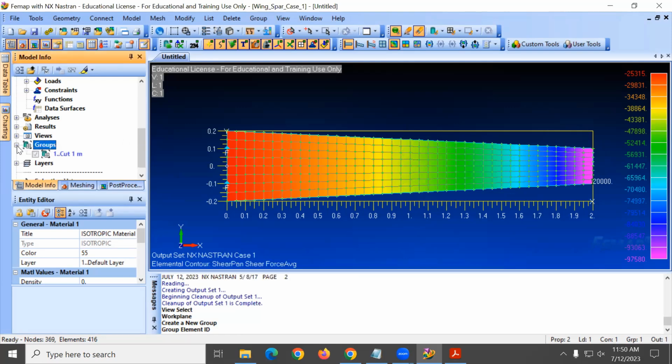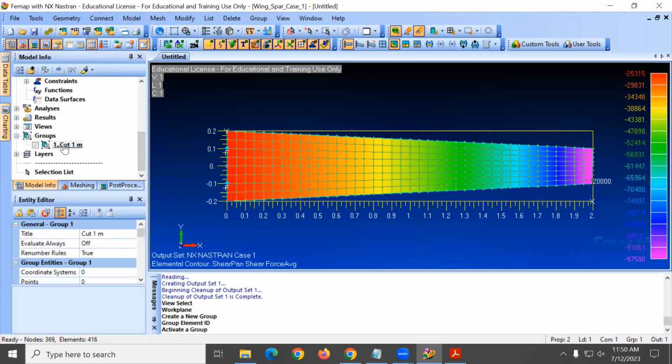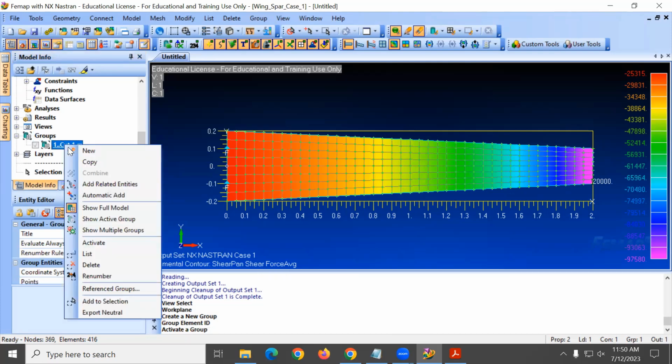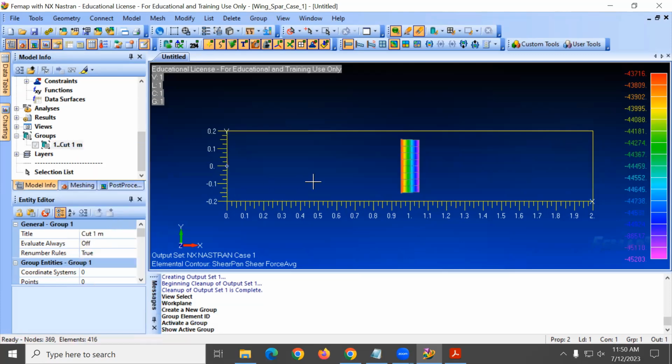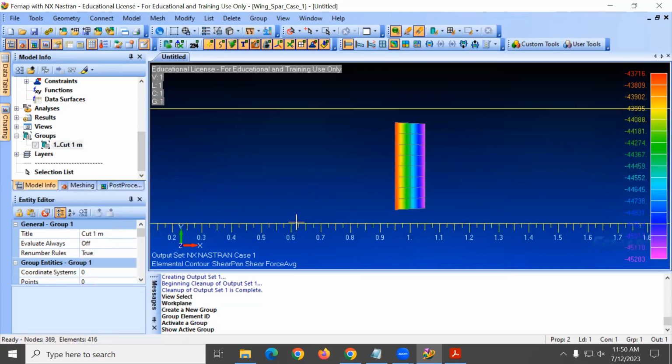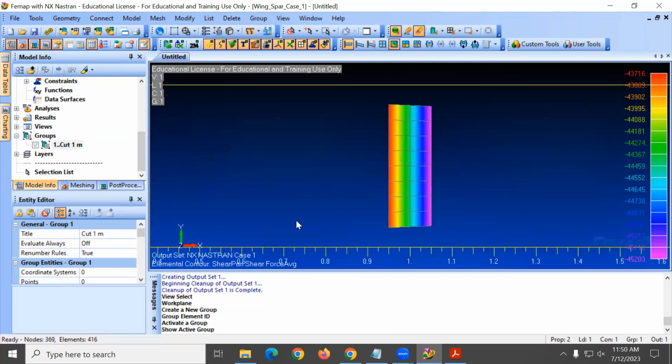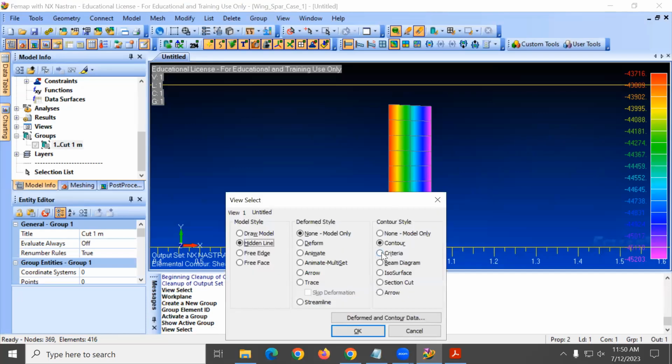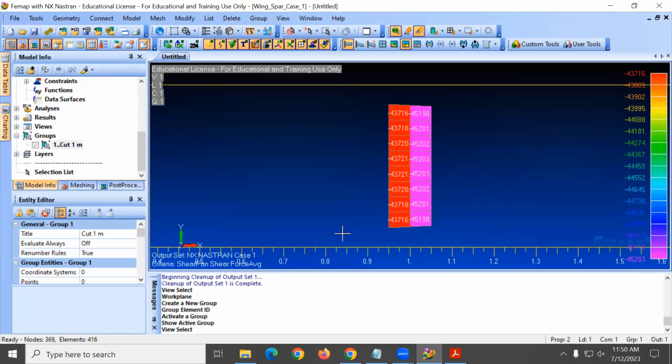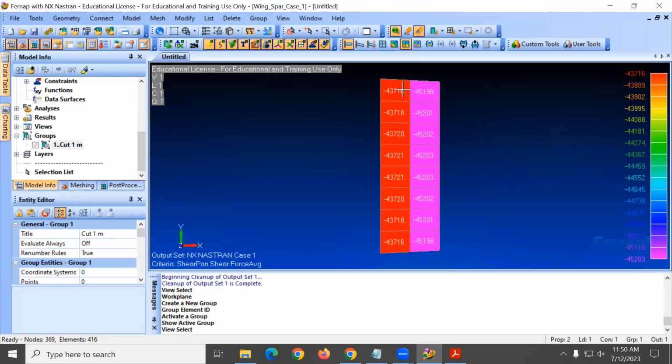So now when you go here to the group, this should have created a group. If you double click on it and then right click and say show active group, it should just show you this one over here. Okay, so you see it's not really much of a difference between 43, 44, but if you want, you can click F5 at this point and say criteria. And obviously it's not going to be perfect because we should take a much finer mesh. But basically you see that these values are more or less constant now, which is what we needed to find